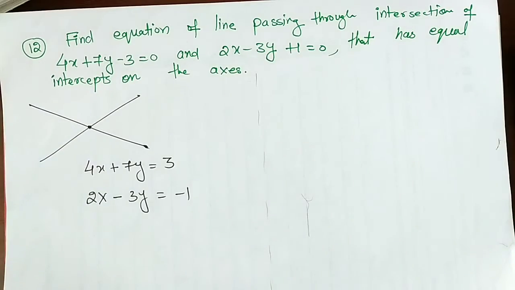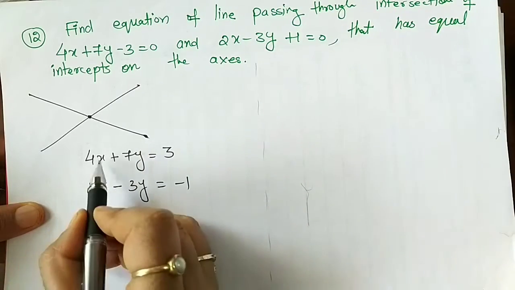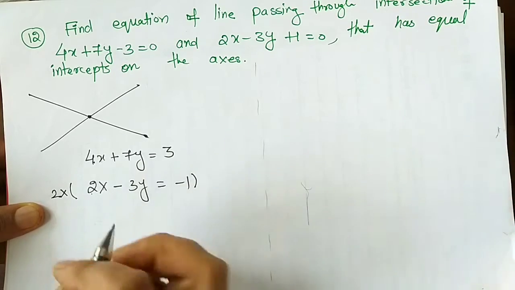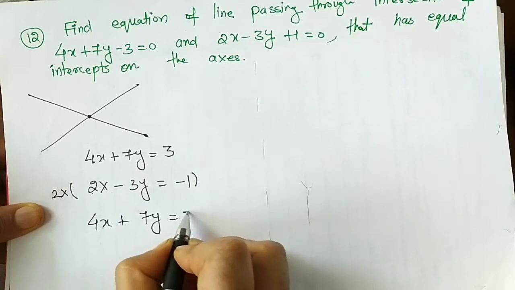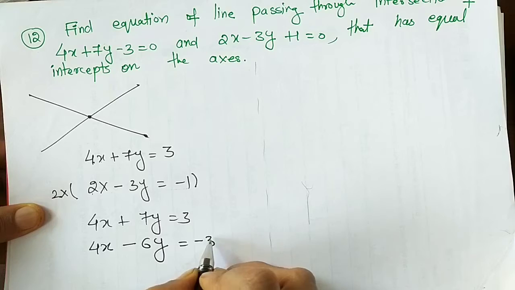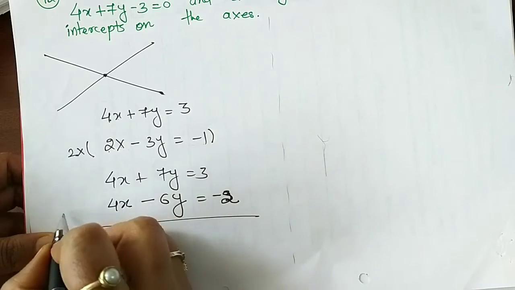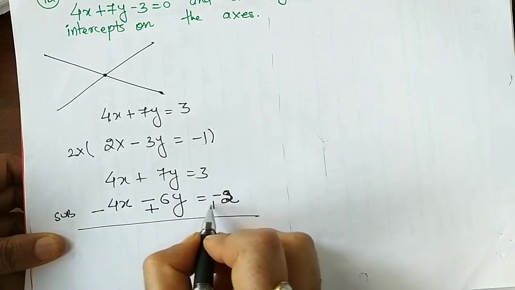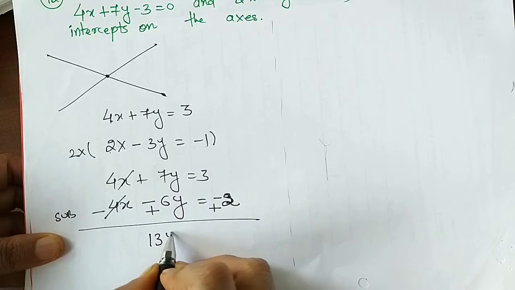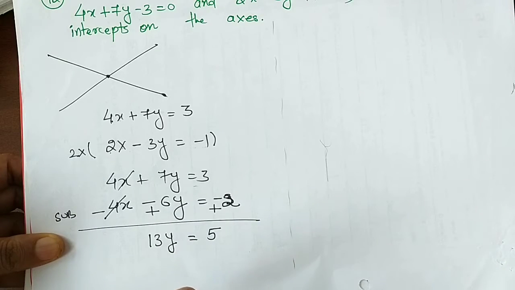In order to solve the equations, we need to make the x coefficients equal. Okay, that is what we do. So this is 4, this is 2. So can I multiply this whole equation by 2 to make it equal? The first equation is this, guys. And the second, when we multiply by 2, will become 4x minus 6y is minus 2. Okay, so let me solve it. If I do subtraction, minus plus plus, this will cancel. What is this? This is 13y is equal to 3 plus 2 is 5. So what is my y value?